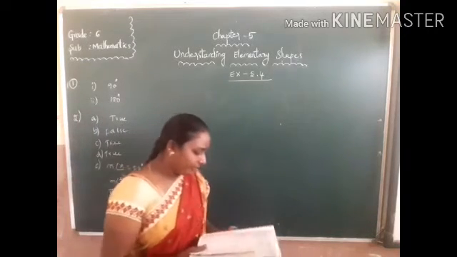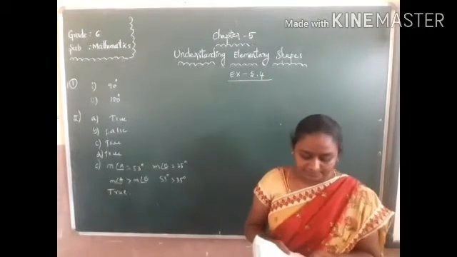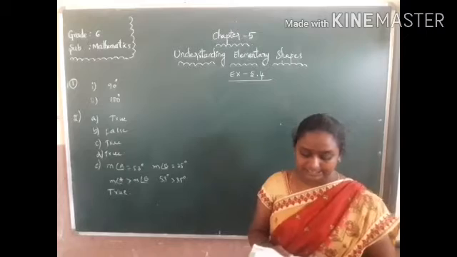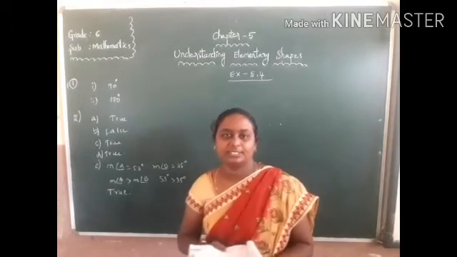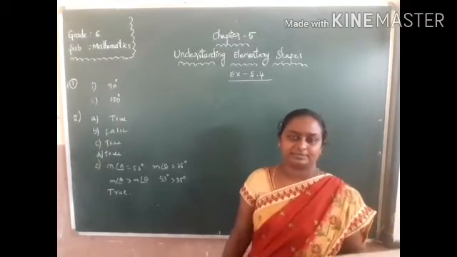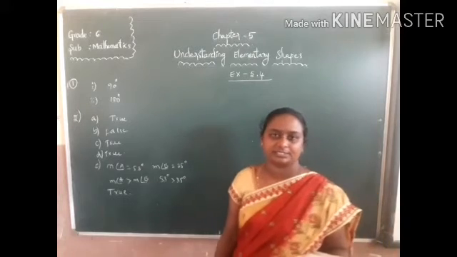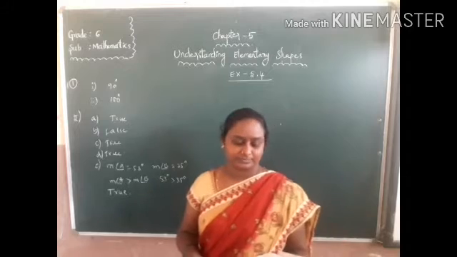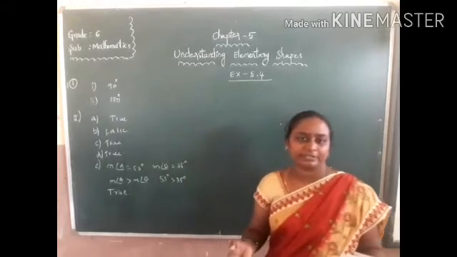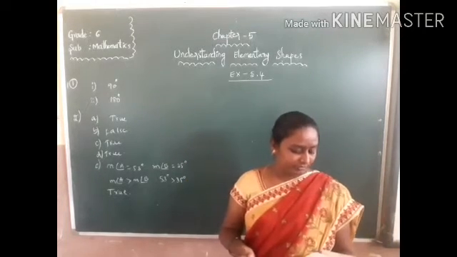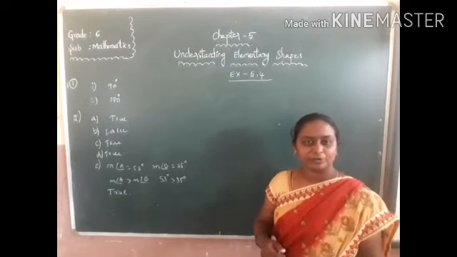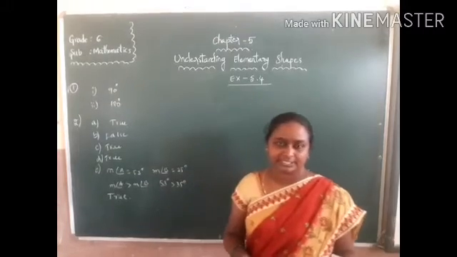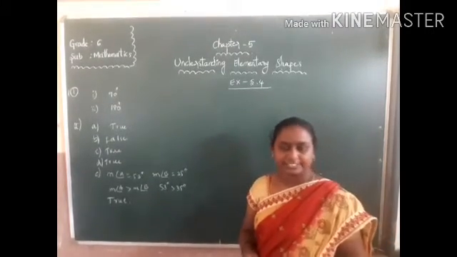Now children, third question. Observe here. Write down the measures of some acute angles and some obtuse angles. Acute angles are less than 90 degrees. So here you can take any two examples. Whichever angles you want to write, you can write. This is your homework. Obtuse angles are greater than 90 degrees. This one you have to write in the textbook.